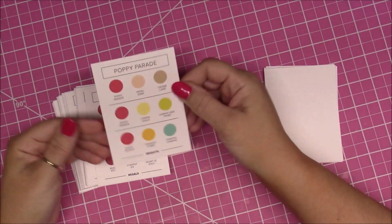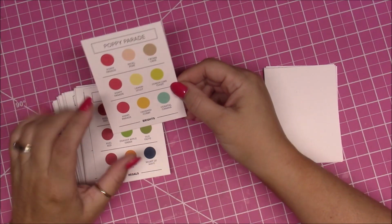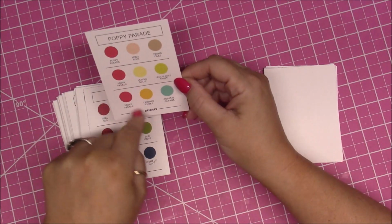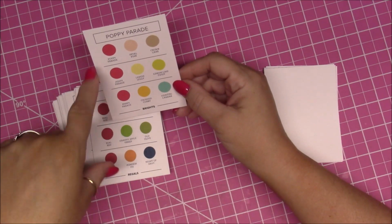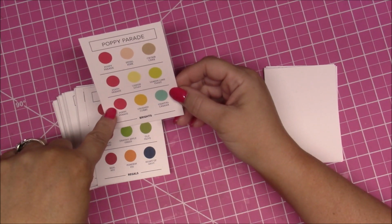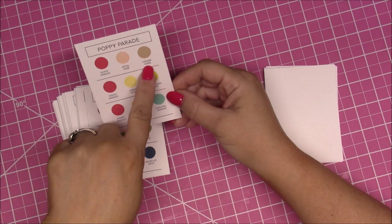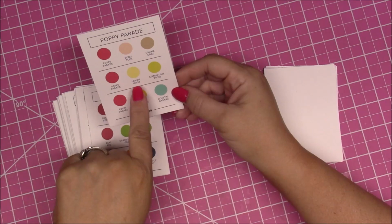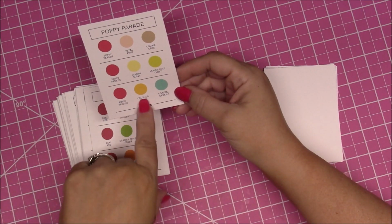And the cool thing is, like, this says Poppy Parade. They used to do it by families. It used to say like the Bright family. Now they do it by color, which I like better. So it says Poppy Parade, and then it gives you 3 different options. So it would say Poppy Parade goes good with Petal Pink and Crumb Cake. And then it says Poppy Parade goes with Lemon Lolly and Lemon Lime Twist. And then Poppy Parade goes with Crushed Curry